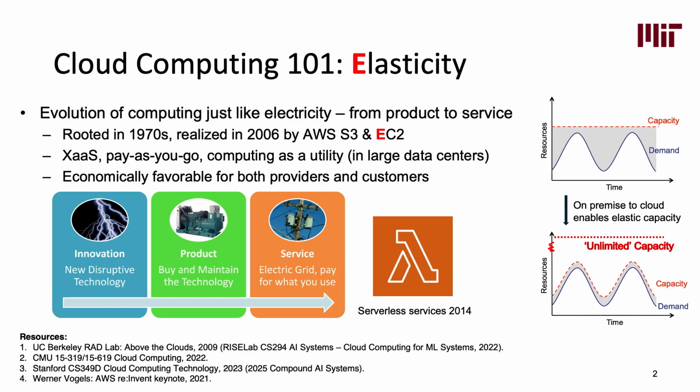If we take a look at the history of data centers and cloud computing, we could see that the evolution of computing is just like how we adopted the technology of electricity, eventually forming the electrical power grids and interconnections 100 years ago. Some brilliant people summarized this process into 3 steps, from innovation to products and eventually services. In electricity, of course, most of us are quite familiar.